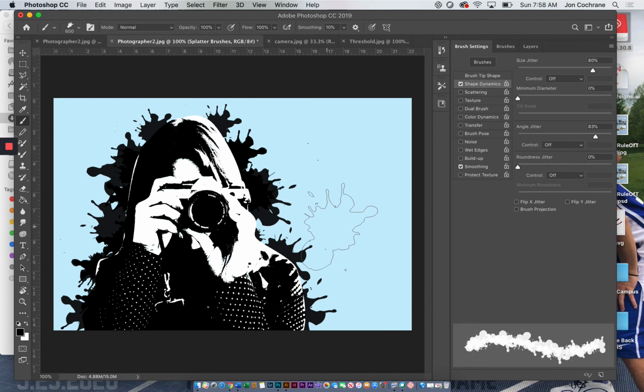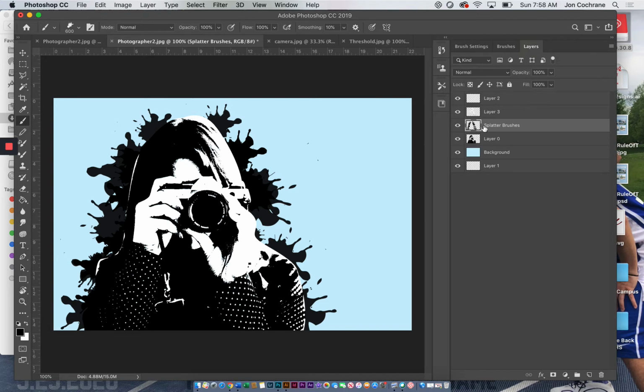Okay, so now this is where I'm at so far. Okay, next what I want to do is I'm going to go back into my layer. So I've added my splatter brushes pretty nicely. Okay, the next part,